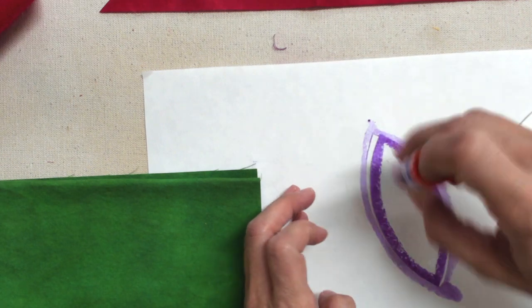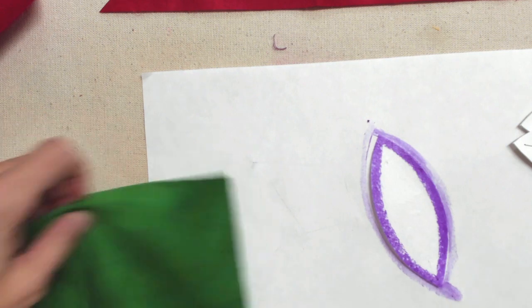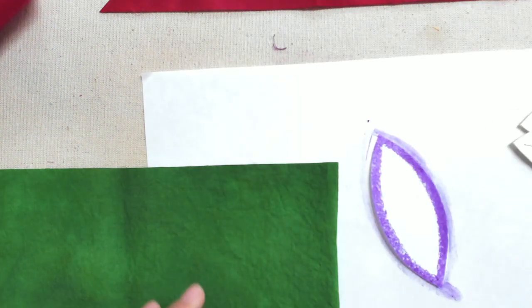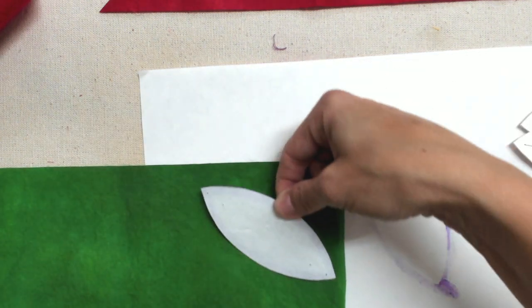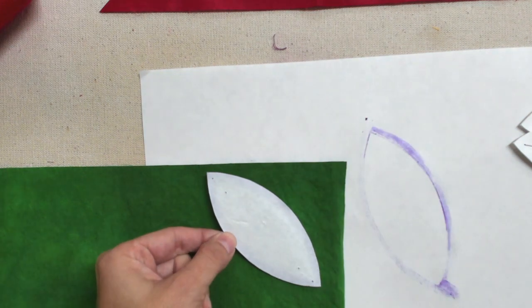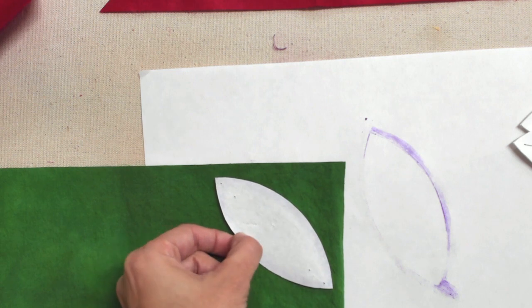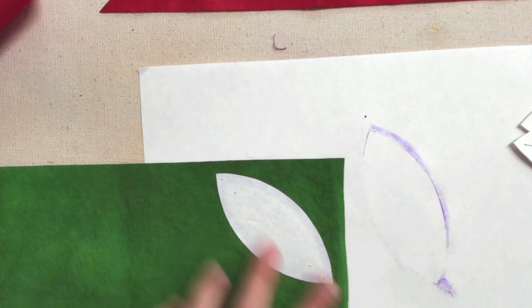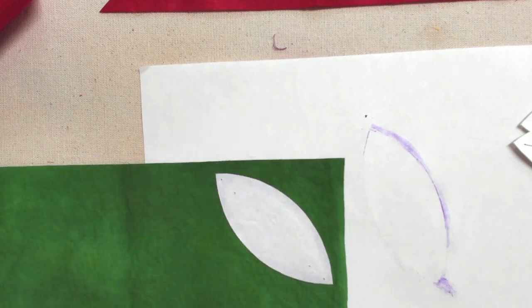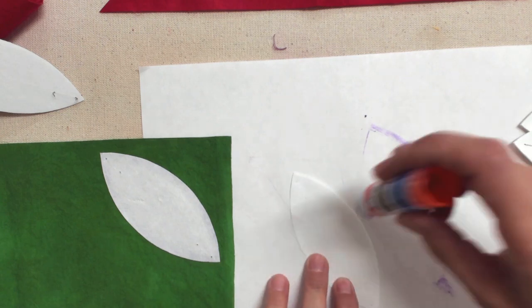There's just no need to have glue all on the inside too. It's the edges that are most important here. And then I'll get this, it keeps my fingers clean. And then when you place it on your applique fabric, you can go at an angle like this. You can go up and down. You can go sideways. It's really up to you. Because this is applique, we are going to be securing all of those grain lines regardless of the way that this is positioned. So you don't need to worry about maintaining your grain or trying to figure out which is straight, bias, or cross grain. So I'll do a second one